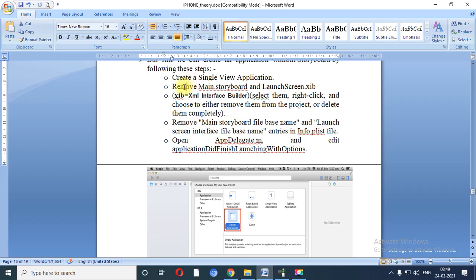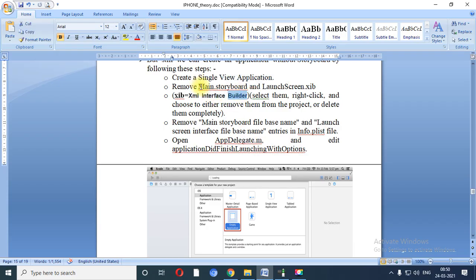Now what you need to do, remove main.storyboard. That means you need to right click on it and delete the storyboard file. Next is called launch screen XIB. XIB is the extension. The full form of XIB is XML Interface Builder.